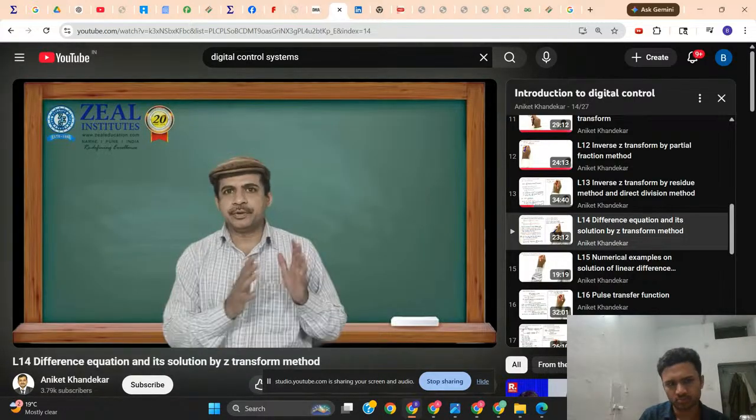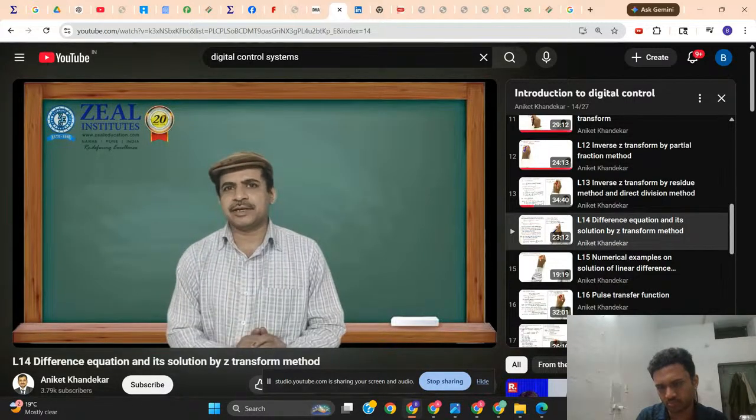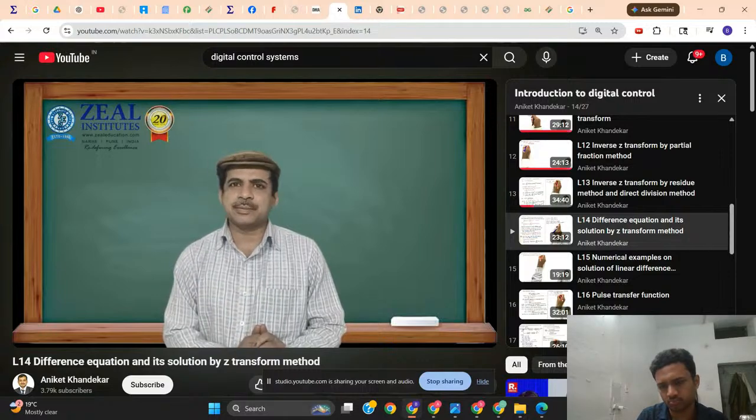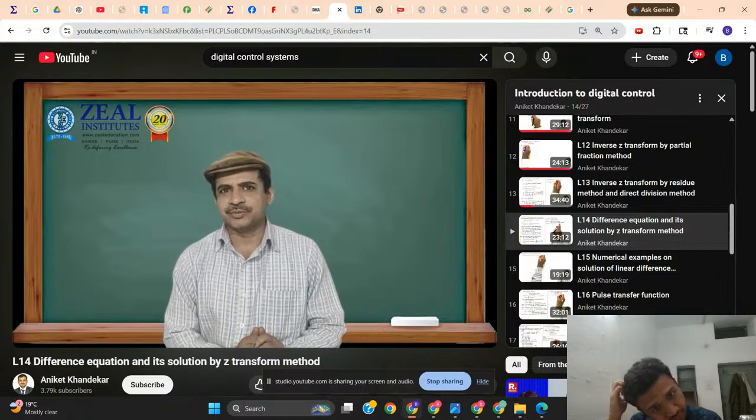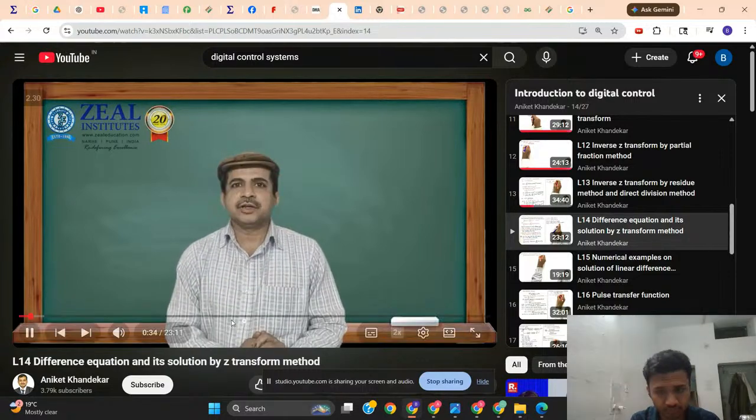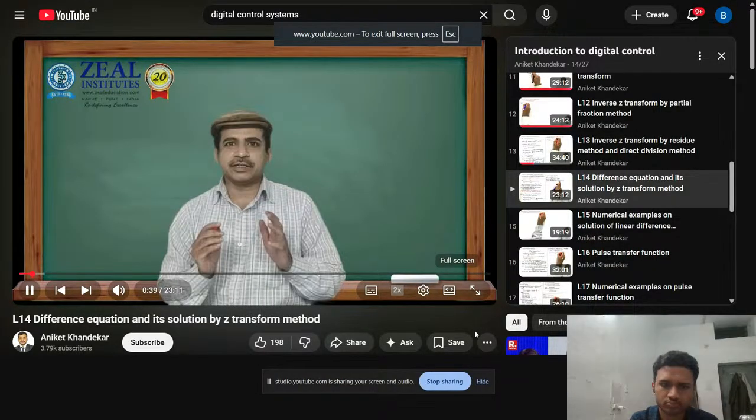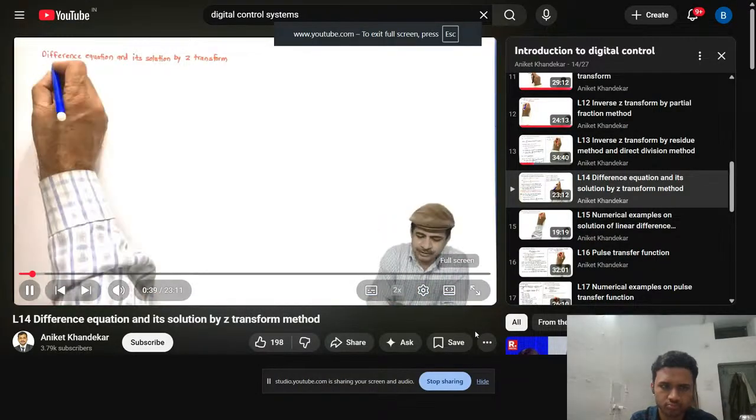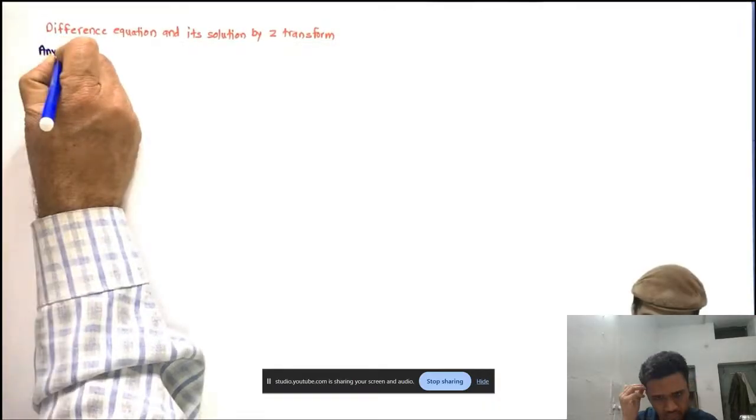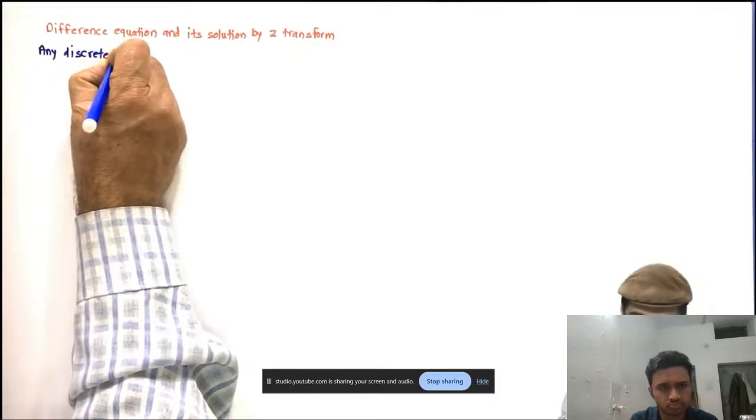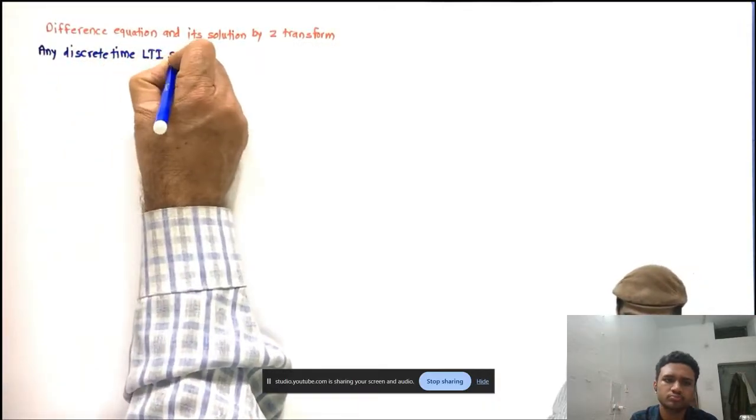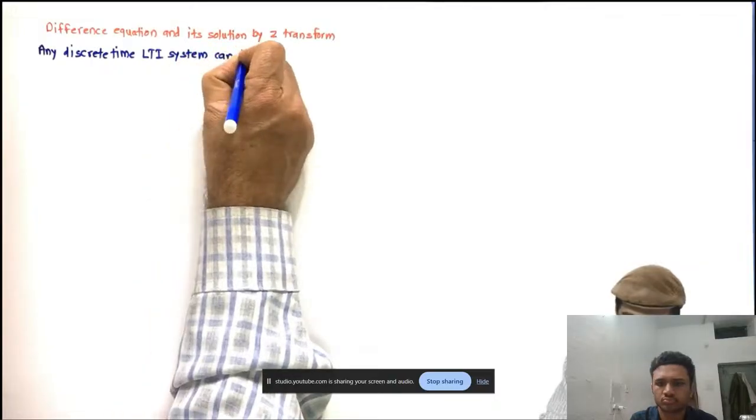Welcome back. In the previous 5 to 6 classes, we have seen Z transform and inverse Z transform. Now let us come to its important application in the analysis of discrete time control systems, that is solution of difference equation. Now what is a difference equation? A difference equation is the equation relating input and output of the system, and any discrete time LTI system, linear time invariant system, can be represented as